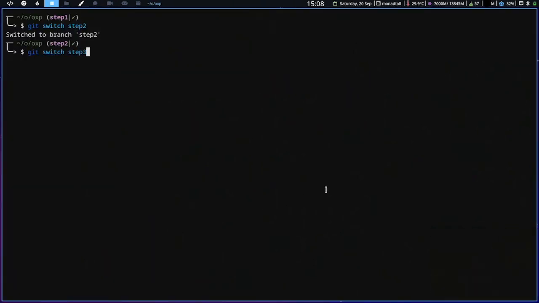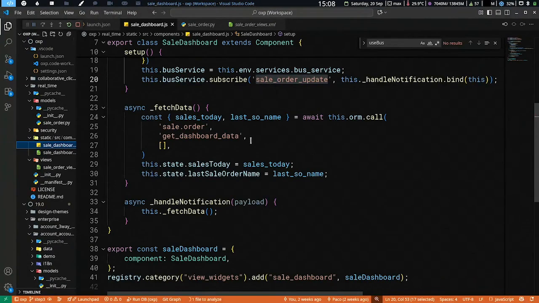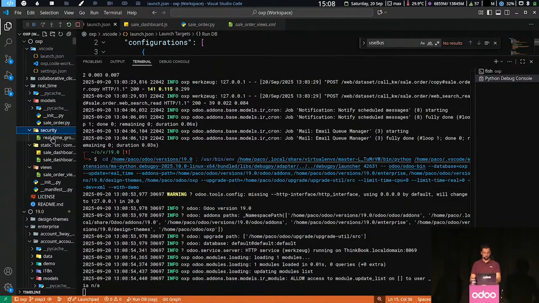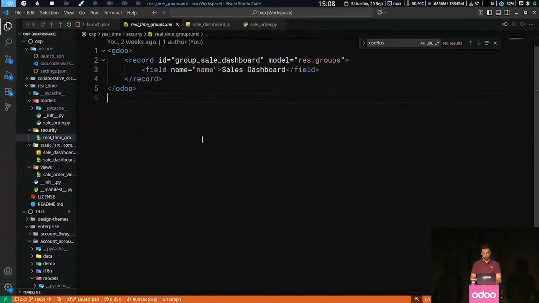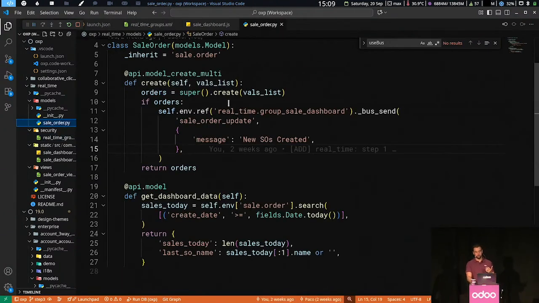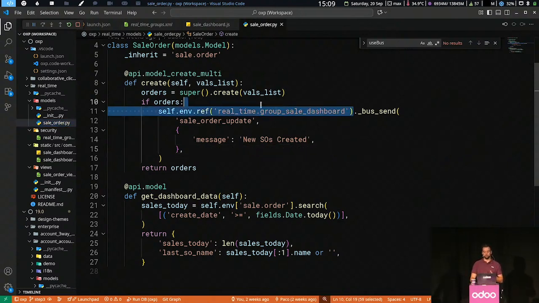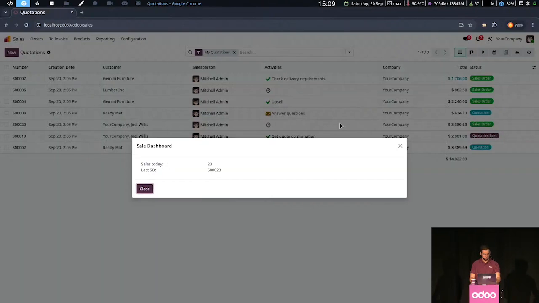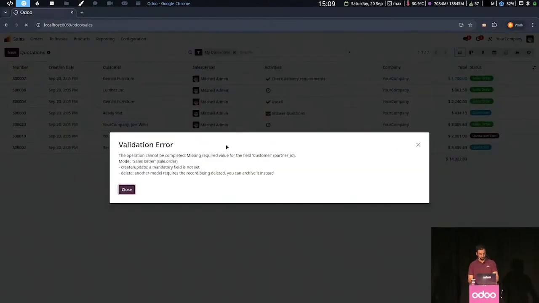Another option could be using one of Odoo's models that implements this mixin. Let me update in the meantime. So, for example, here, what we could do is create a new group. And when there is a new order created, instead of sending to everyone as we were doing before, we are sending only to this group. And as you can imagine, this notification is only going to be sent to people that belong to this group. So if now I come here,